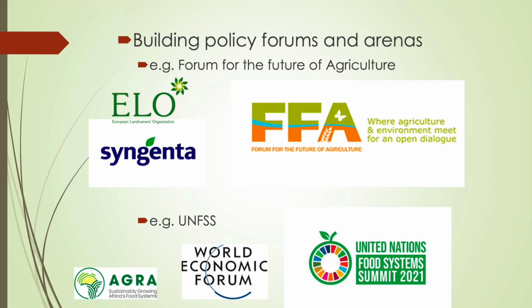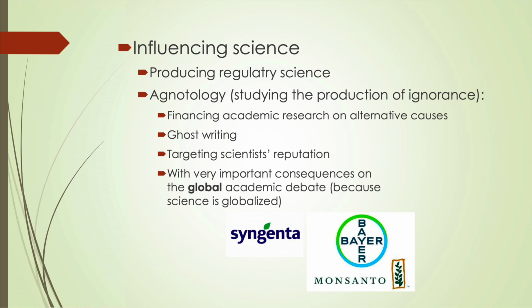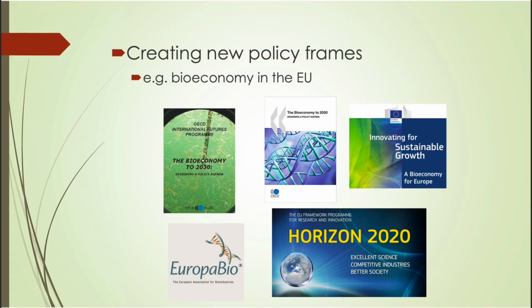Another strategy is to influence science. There is a big production about agnotology, the production of ignorance by firms through science. I will not go into detail, but there's a very big literature field in STS. Well, it has been proven for asbestos, tobacco, and now more and more works show it for pesticides. You have also the strategy of creating new policy referentials. It's the case of the bioeconomy referential, which has been organized by the European lobby for biotechnology, and which is